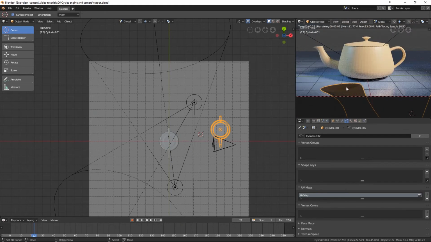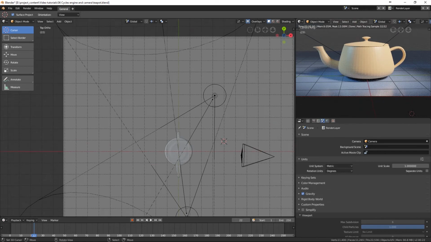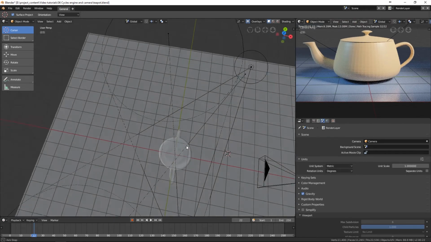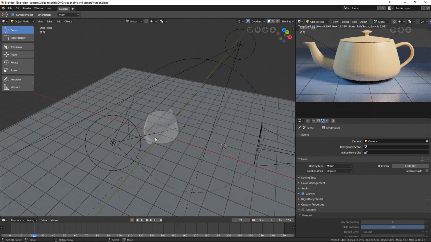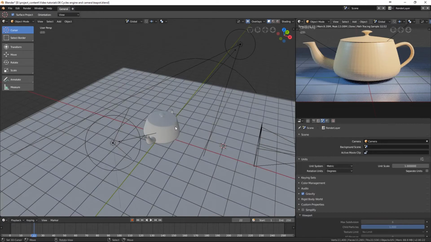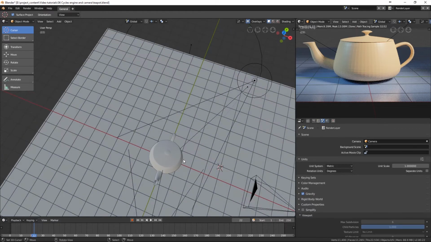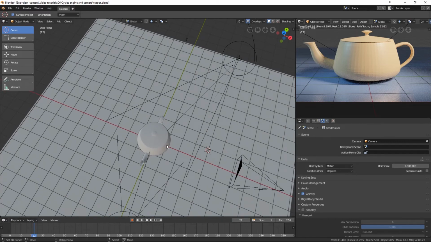Okay. However, right now the camera is focusing on the pivot of the teapot. What if I want to focus on the surface of the teapot? So we need a way to specify a precise distance, and focus on the very surface of the teapot. So in order to do that, first we need to click on the teapot,